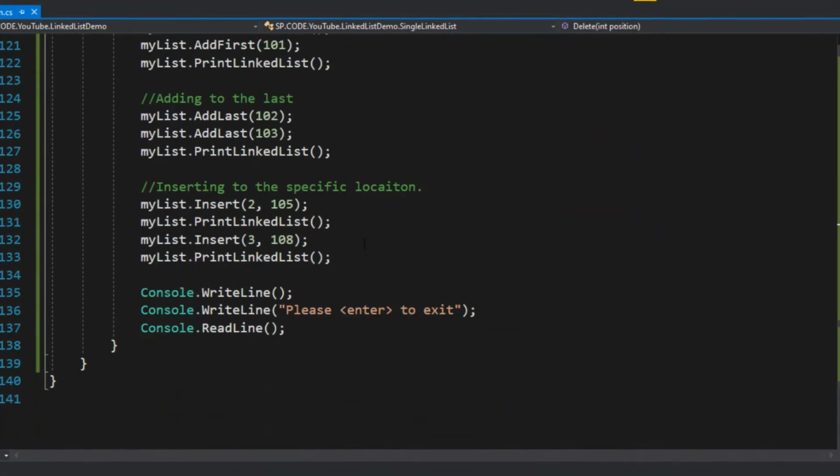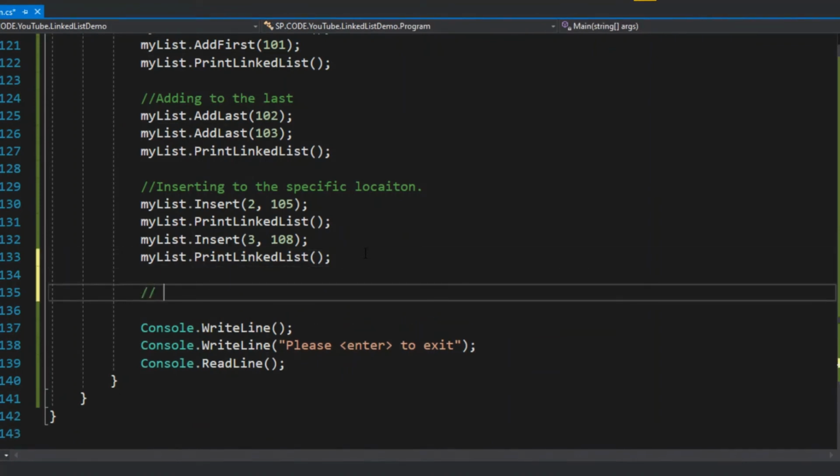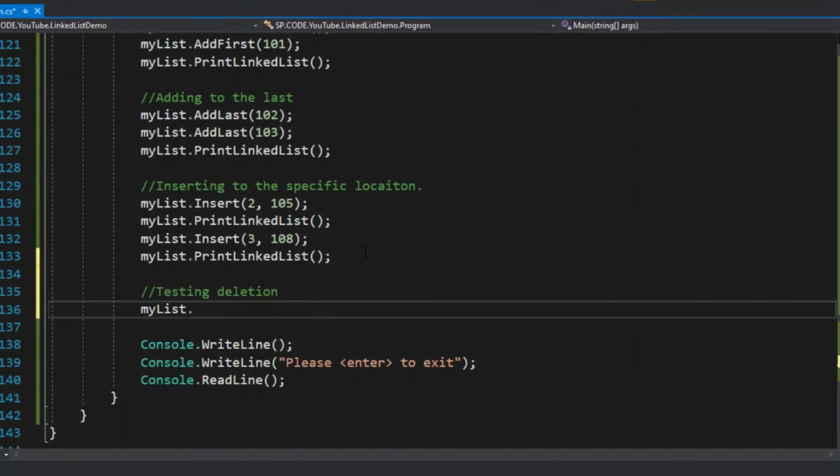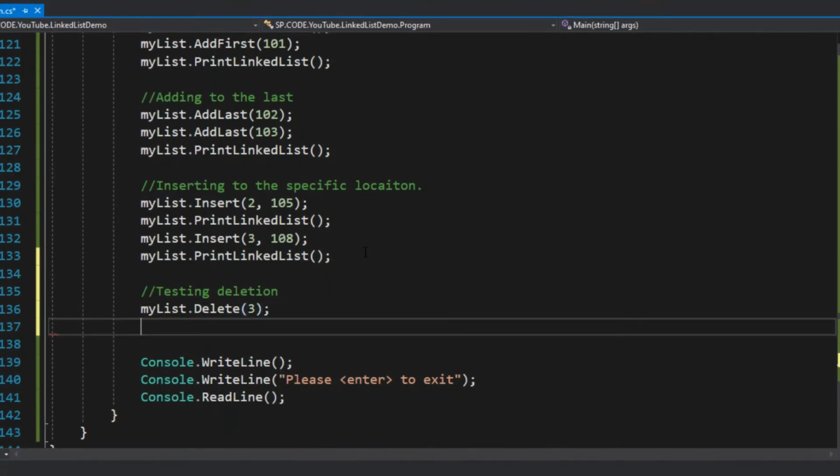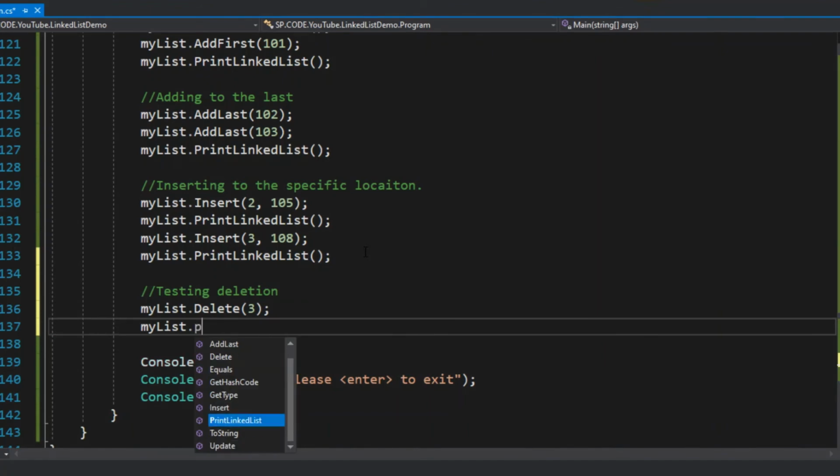Now test this functionality, right? We will do testing deletion. So my list dot delete the third position, my list dot print.